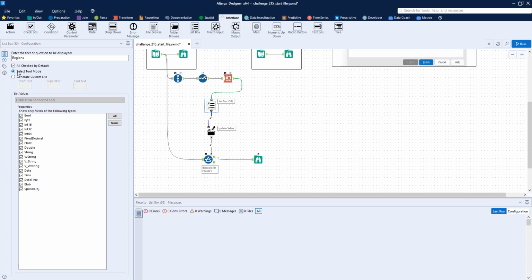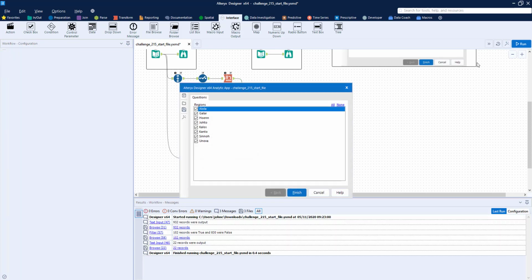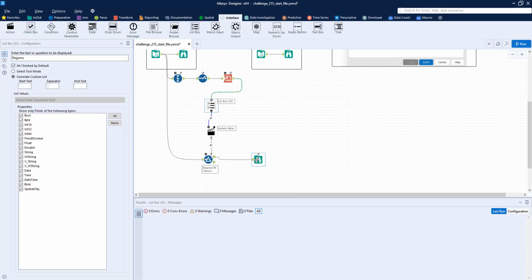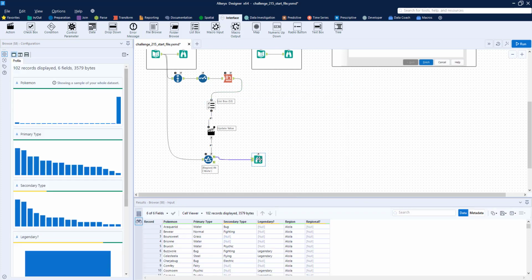Instead of select tool mode, we're going to hit the generate custom list radio button, and then that's all we have to do. So now when I go ahead and run the app, you can see all of the regions selected. Oh, I'm sorry, there's one more thing I need to do, and that is the interface designer. You can see right here, this tool right here, this browse that has our outputs. It's called Browse 58. So we'll go to the View, Interface Designer,